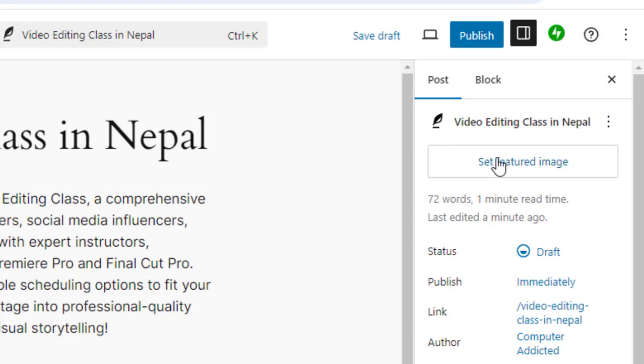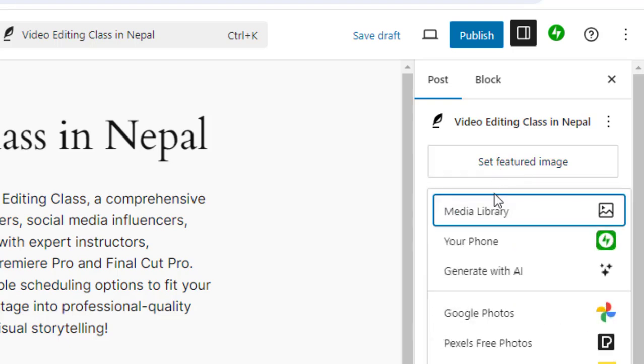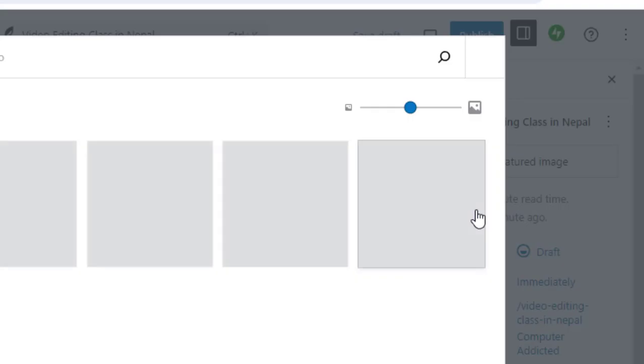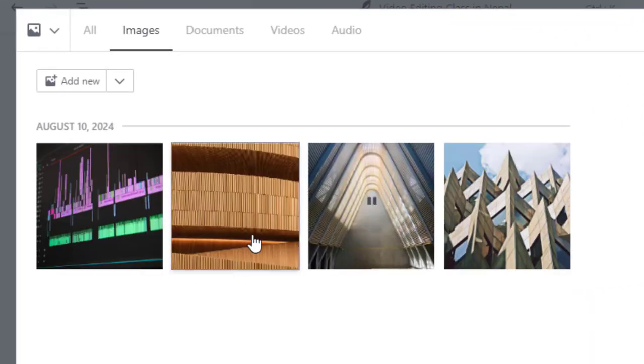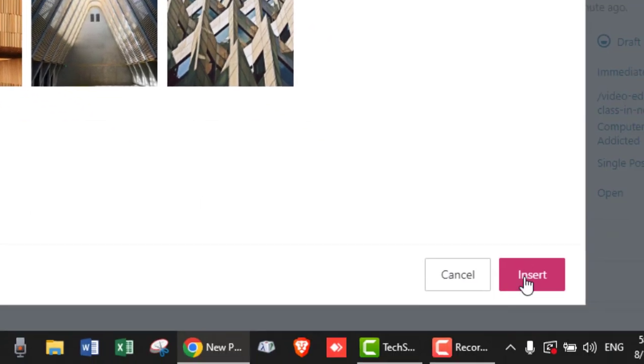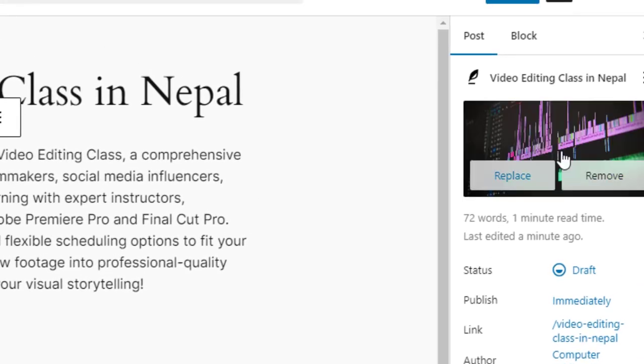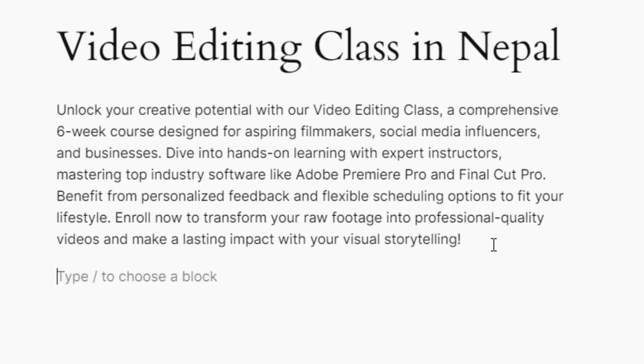Click it. You can set featured image, right? Just click it and you can use anything generated with AI, Google Photos, your phone, media library. Just go to media library, and these three are by default. We uploaded this one. Just click it, insert. This is a featured image, right? It will not appear here. This is just a featured image. If you want to insert image here, just